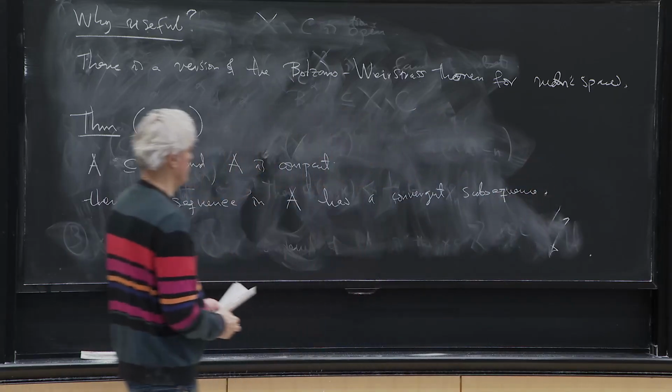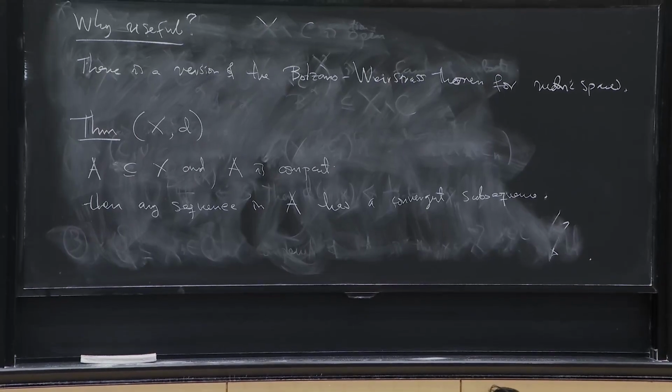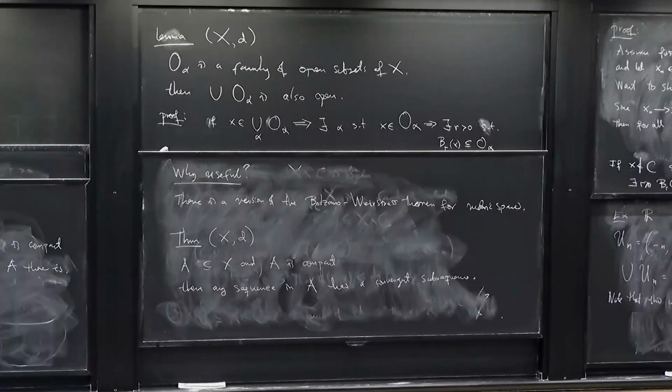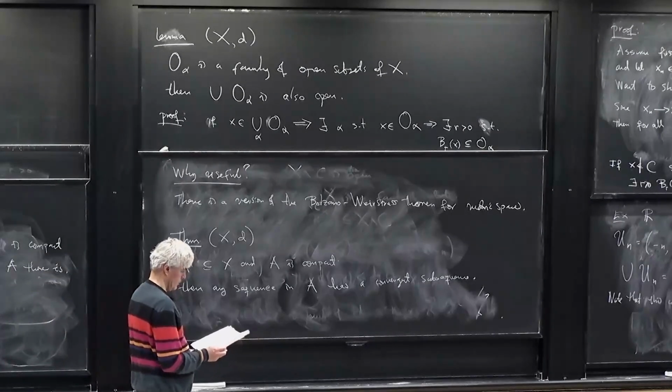That's right. And so remember that the Bolzano-Weierstrass theorem said that if you take a bounded sequence in R, then there is a subsequence that converges. Okay. So now